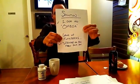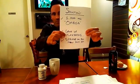Then get a coffee grinder and buy some flax seeds. Grind up some flax seeds and sprinkle those on every meal that you have all throughout the day. And you will find your omega-3 ratio coming back into balance as you start to eliminate some of the bad oils in your diet. How do you do that? Just look at the processed foods you're eating and just know that they probably all have bad oils in them. So try to shop the outskirts of the supermarket where the real food exists. You know, like the fruits, the vegetables, the seeds, the nuts, the lean proteins. Try to buy the leanest cuts of meat as you can,